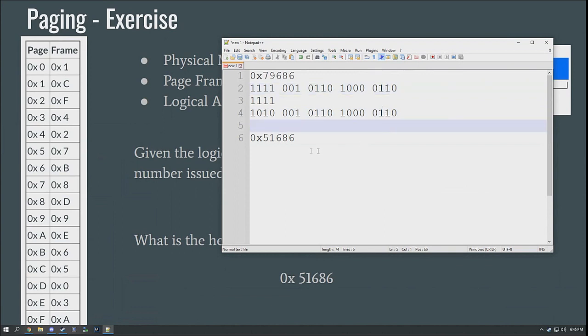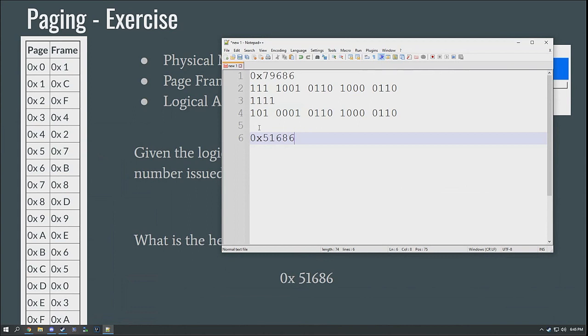Does that make sense to everyone else as well? So we're basically just quickly converting, right, and not adding from each line. Yeah, we're just converting and essentially replacing the page number with the frame number. Because your page number, converted to hexadecimal, was 0xf. We replace that f with an a, which in binary is 1010, and that gives us the hexadecimal physical address, which is 51686 instead of